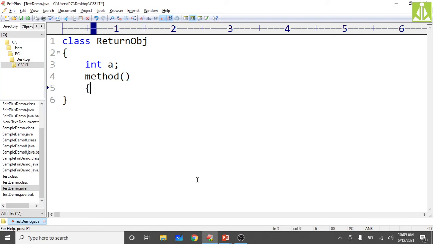It is not receiving anything, rather what it will return is an object. So it will return an object of type return obj, the same class.